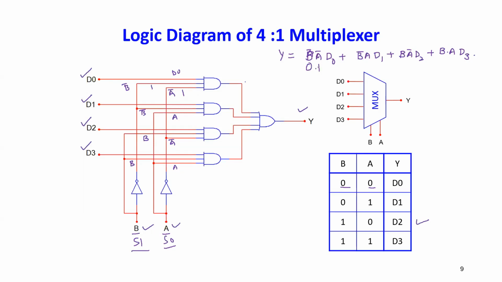0 1. So if to an AND gate any of the inputs is 0, the output will be 0. This is 0 1, again this is 0. That's all. Then this is your 1 1 and D2. This is 1 0 and D3. So these will be taken out of the picture, and you are only getting this as the output.